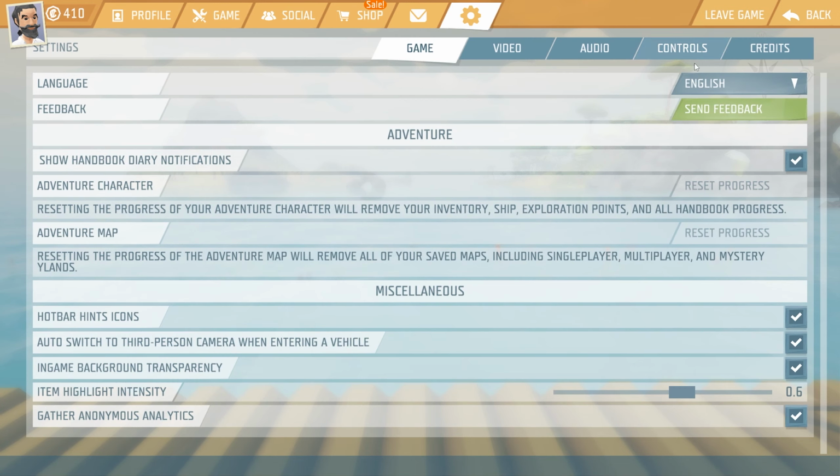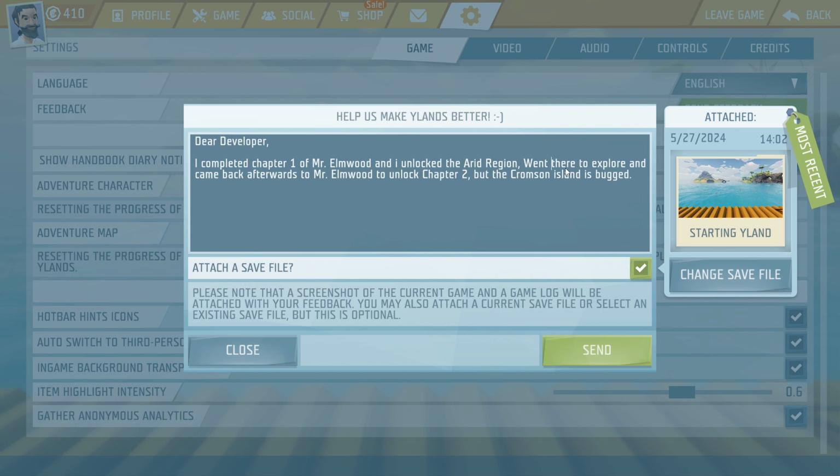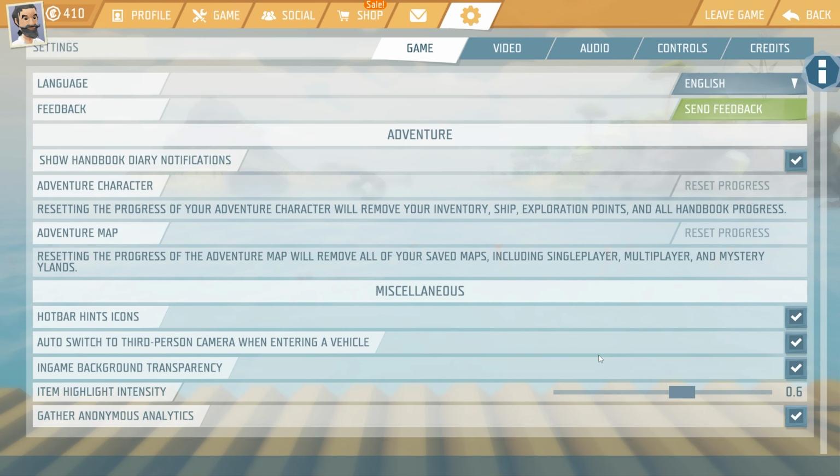Alright, so now that we are back, I'm just going to show you how you need to report something. So you're just going to send a feedback. You know, you're just being nice. Went there to explore and came back afterwards to Mr. Elmo to unlock chapter 2. But the Crimson Island is bugged and not going up. Great things. And then you just simply click on send,